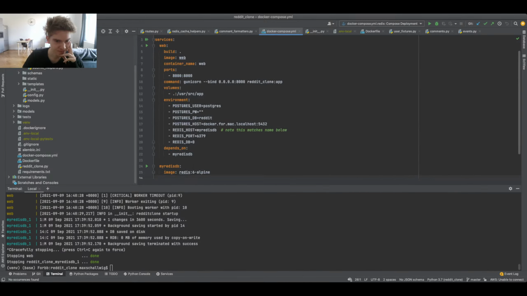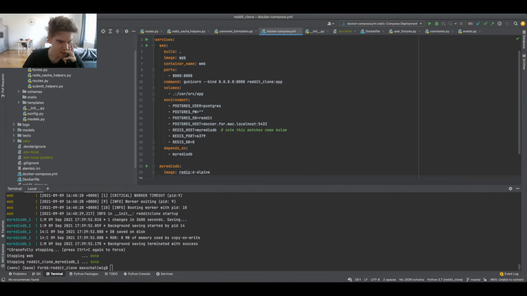And extra things that I've been working on is more refactoring, trying to reduce the length of functions and splitting them off into different purposes, but also implementing the cache method,